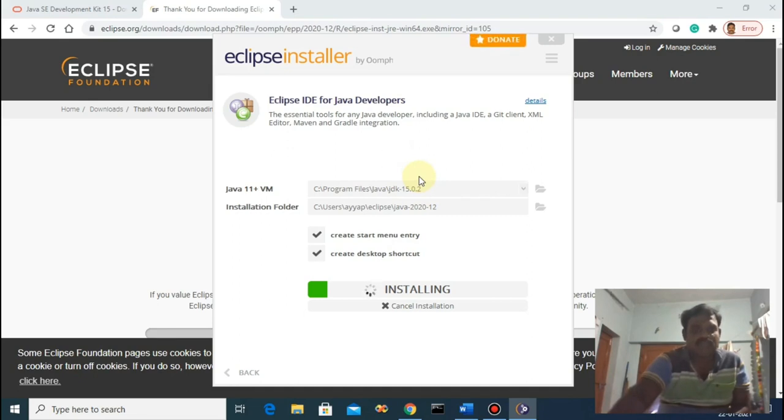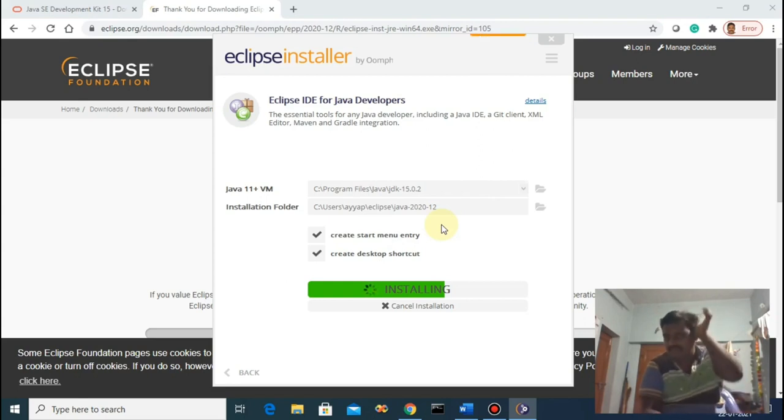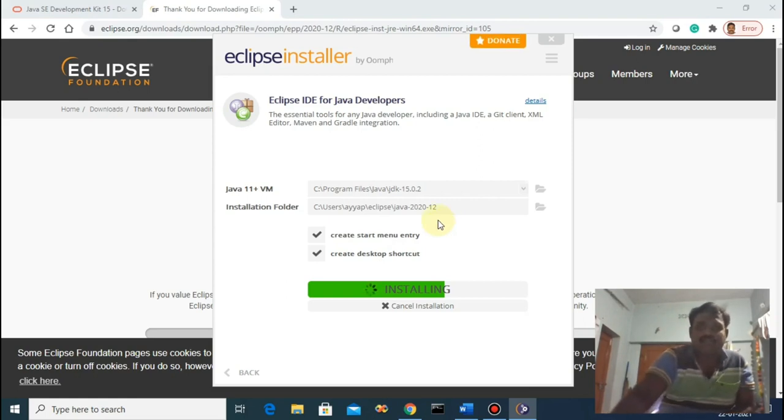For the first time installing, it will display like this. It will also take a few minutes, based upon your system and internet speed. Maybe some students will get some errors and not be able to install.